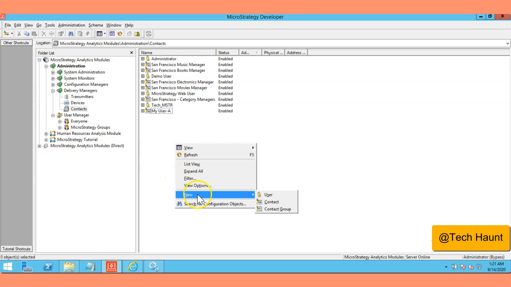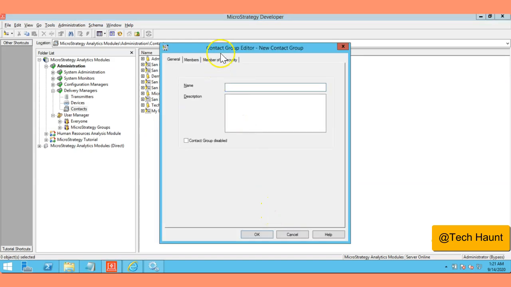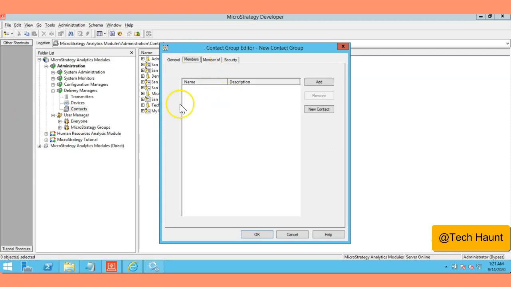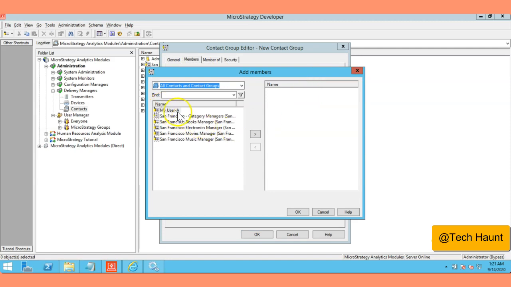So let me go to here, contact group. I'm going to click on contact group here, and you can type any name, whatever you want. I'm just saying, an internal, sorry, the external users here, and descriptions, and you can add the members here, the members we have just created.